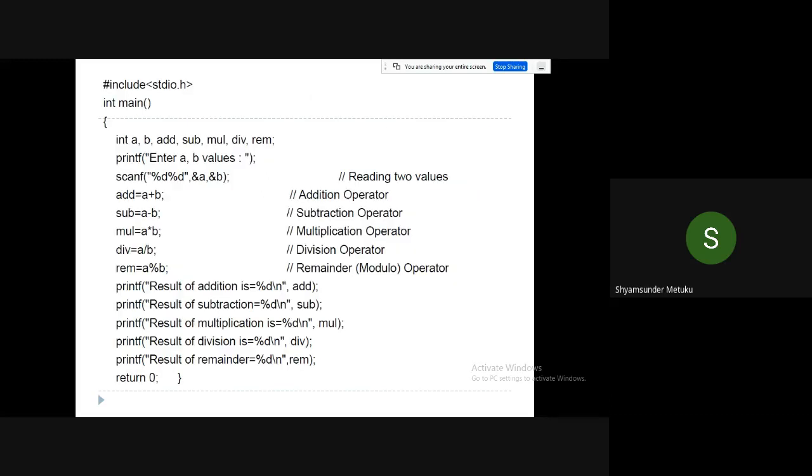Now this is a very simple program, one program which can verify all different operators. I think in the last class the program was already written. It's a very basic program in which only the addition was written, but here besides addition, all different operators are verified. So I can understand this particular program as a verification of all arithmetic operators.